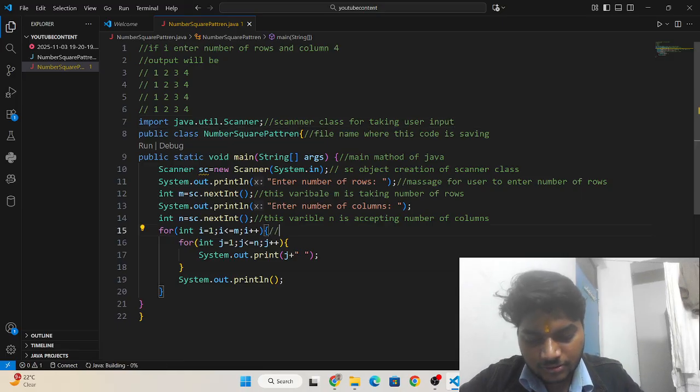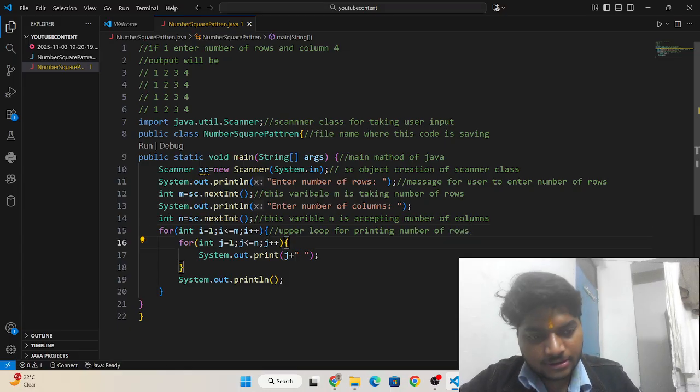And this is the upper loop for printing number of rows.